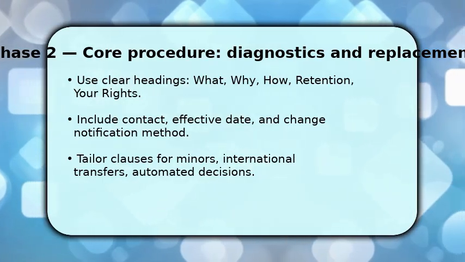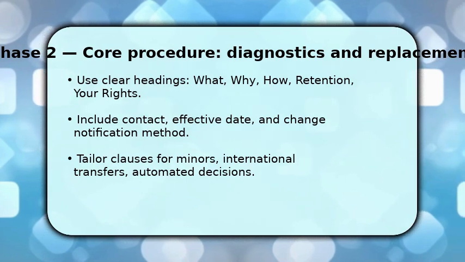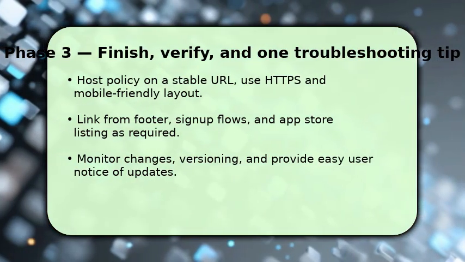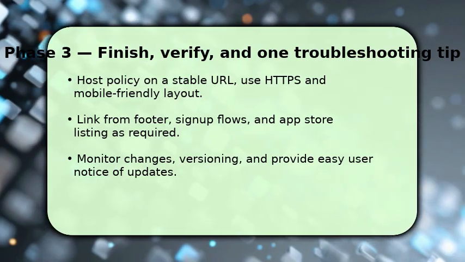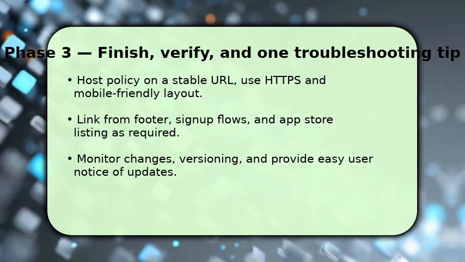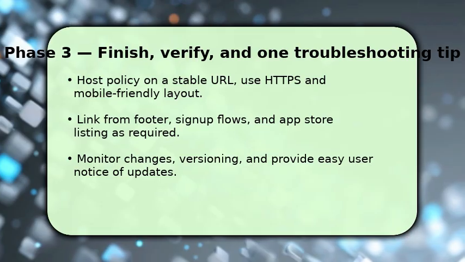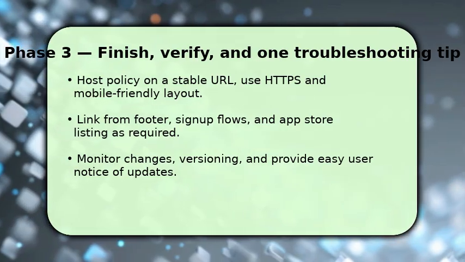Finally, test readability and completeness by comparing against your gathered inventory. To finish, publish the policy to a stable HTTPS URL on your domain and verify mobile responsiveness so users can read on any device. Then link it prominently in the footer, sign-up forms, and any app listing, so it's discoverable